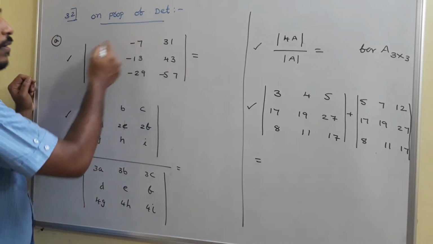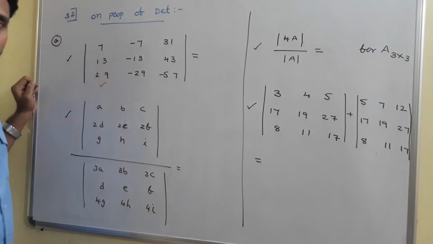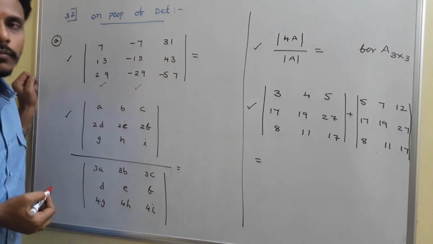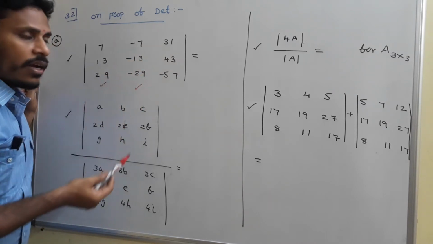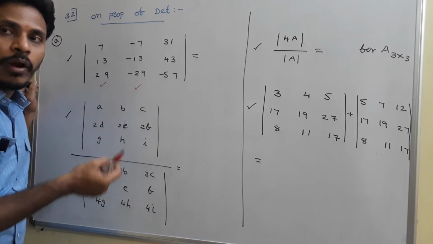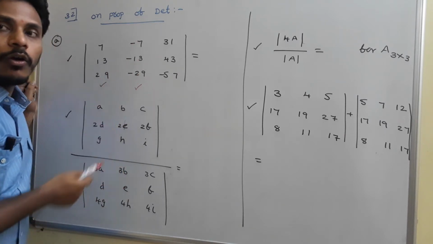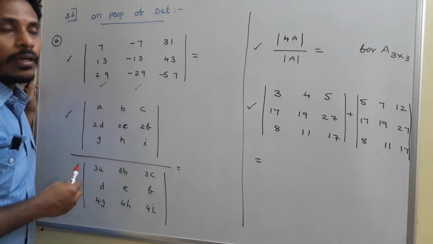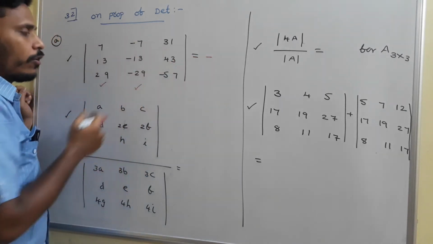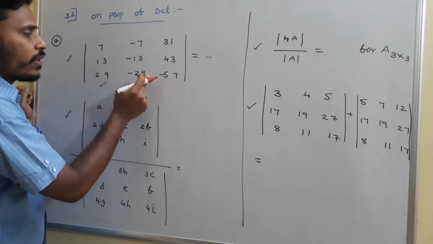See, for this first, we need to find the determinant. The first column is 7, 13, 29, whereas the second column is minus 7, minus 13 and minus 29. So, there is a chance if we have a common multiple for any row or any column to write it out. Since minus is there for each and every number of the second column, just write that minus out. If you write that minus out, then you will get minus of the remaining values. And this 7, 13, 29, and if this minus is not there here, again 7, 13, 29.